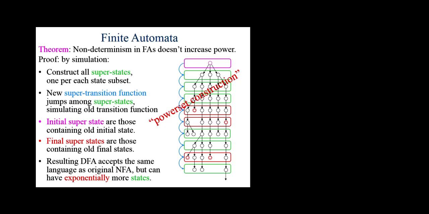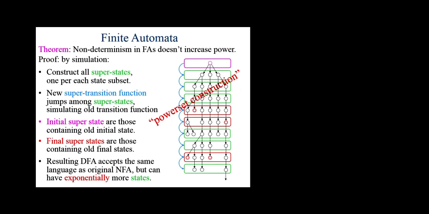If the original machine, the non-deterministic machine, has k states, k being 17 or 100 or 1,000,000, how many superstates can this machine have at most as a function of k, the original number of states in the non-deterministic machine? Not a hard question. How big is this machine that we're building here in terms of the number of possible superstates in the worst case, the maximum possible? What do you say? Not a hard question. Yeah. 2 to the k, that's exactly right.